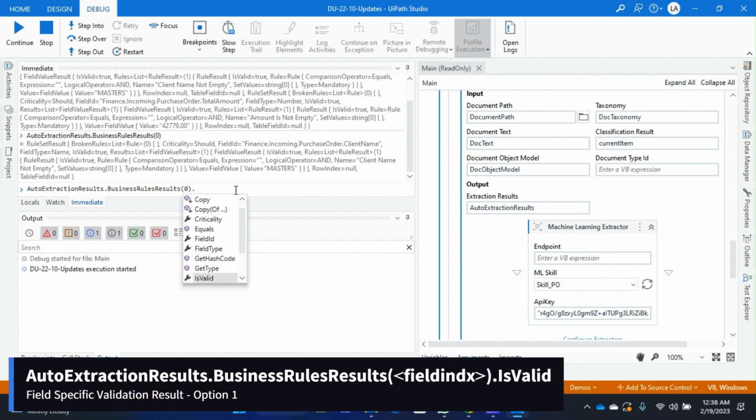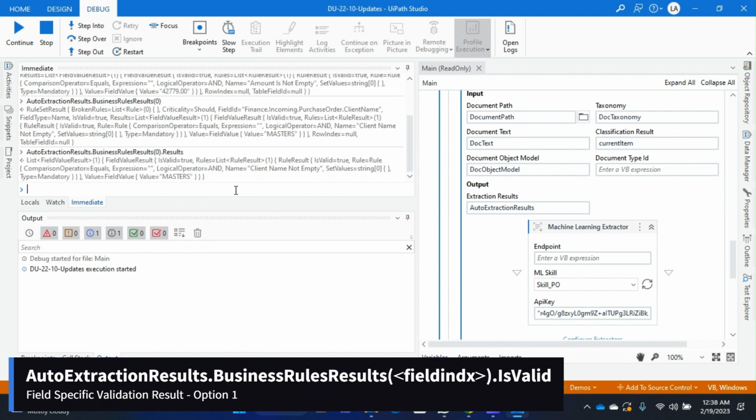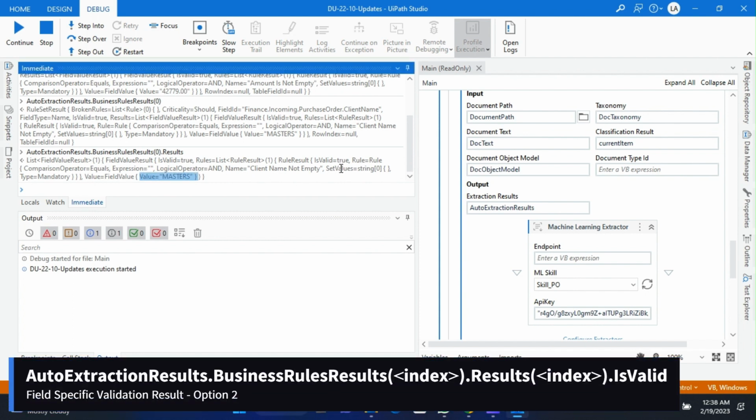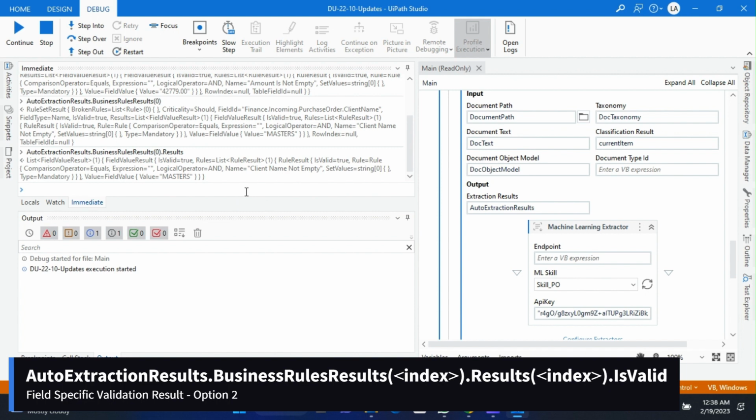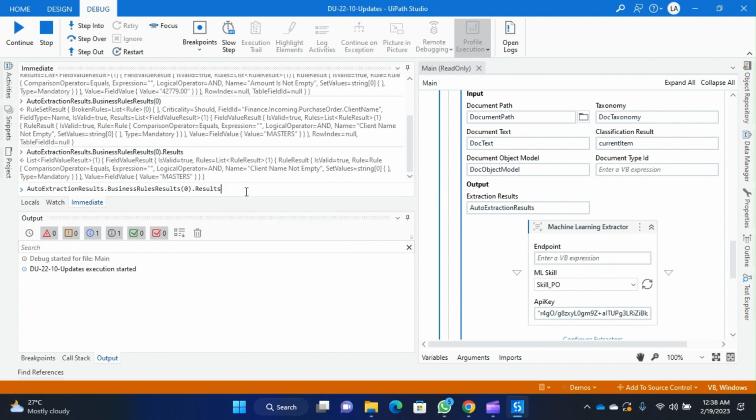We can get the field ID and what the results are. Along with this, you also get the field value and whether this result is true or not. So basically, based on this thing, you can